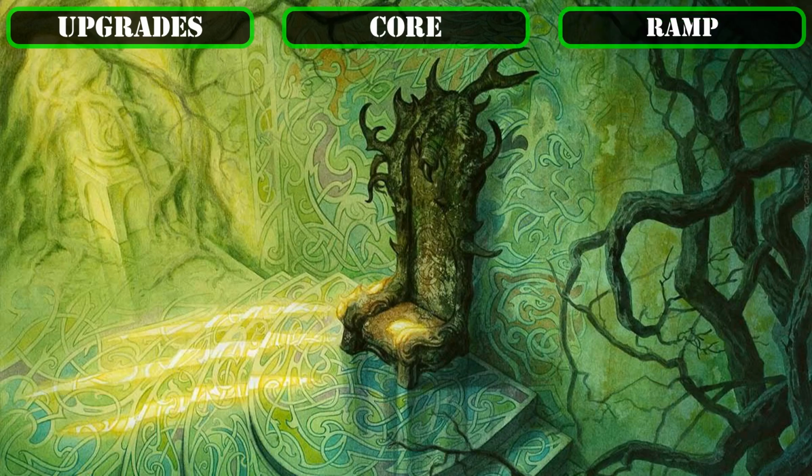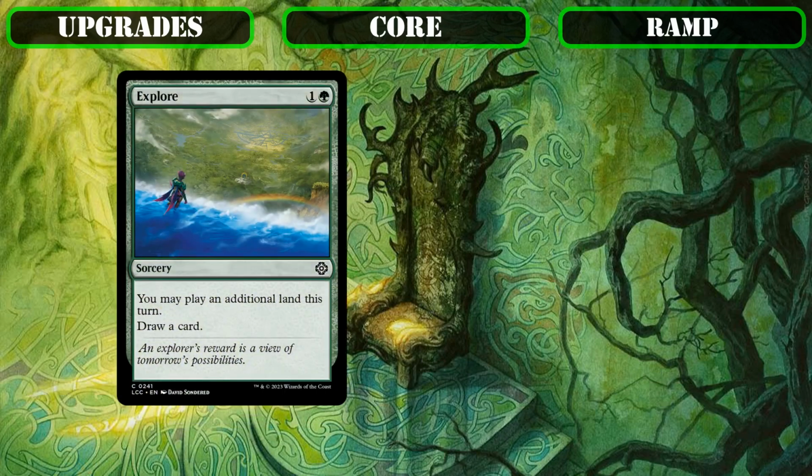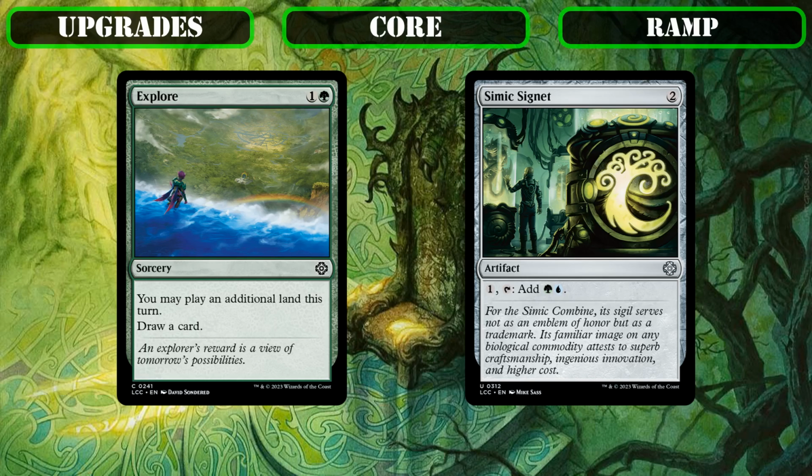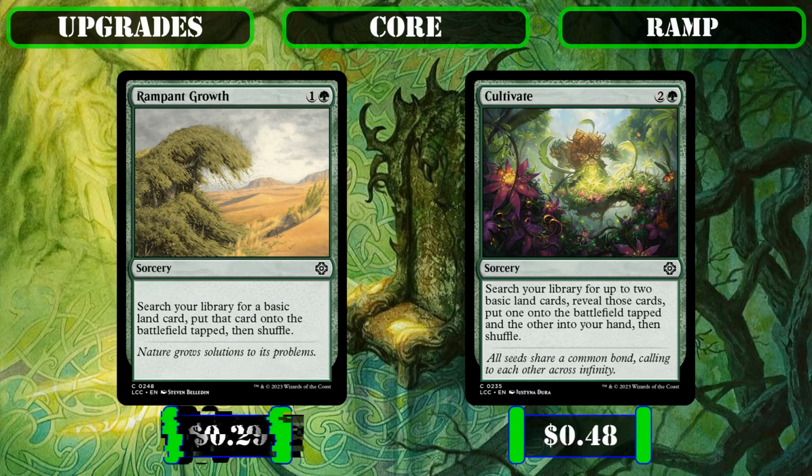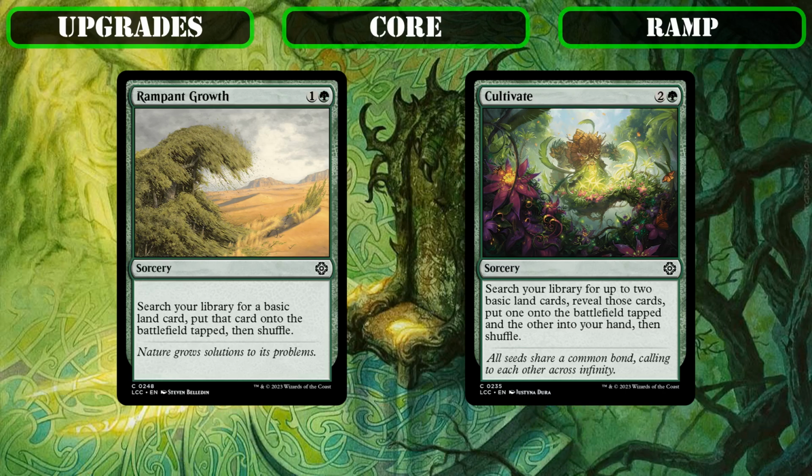So, starting with the upgrades we'll be making to our ramp package, we'll begin by cutting the cantripping extra land drop Explore and the mana rock Simic Signet in favor of the staple land ramp sources Rampant Growth and Cultivate, both of which serve as more reliable sources of ramp to help ensure we can consistently get to Hakbal in